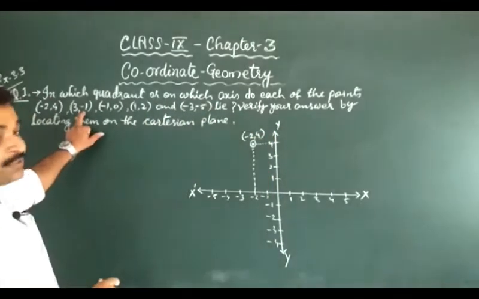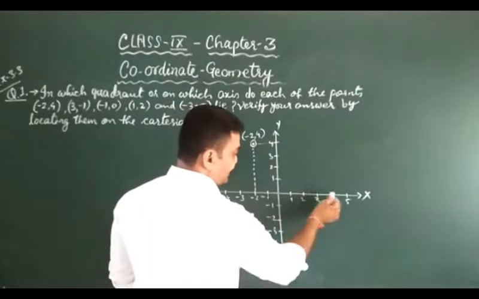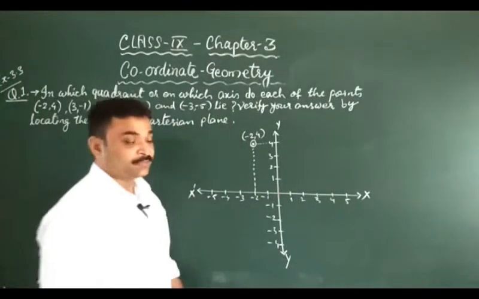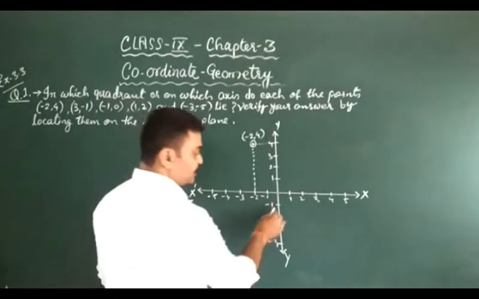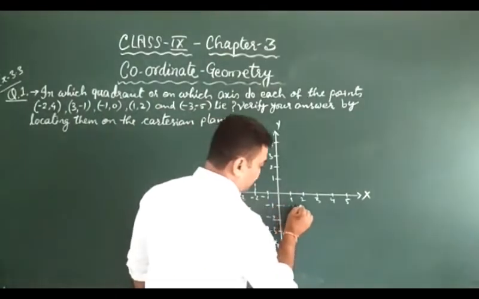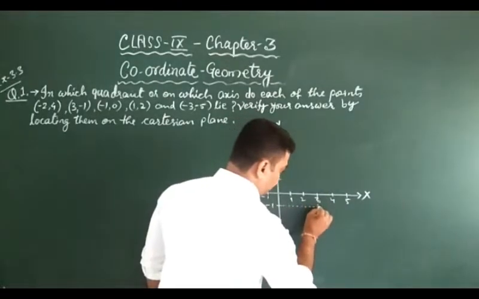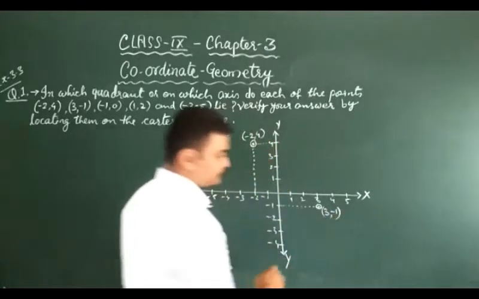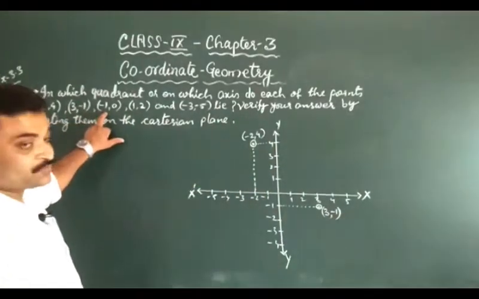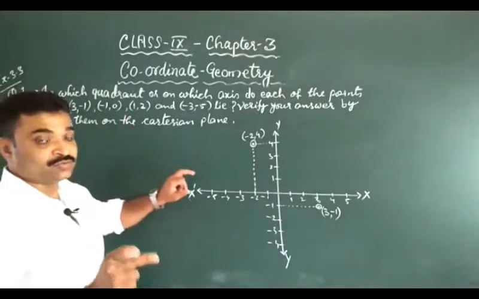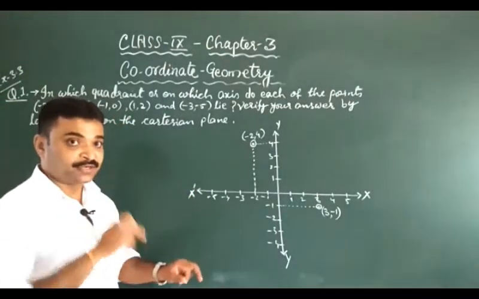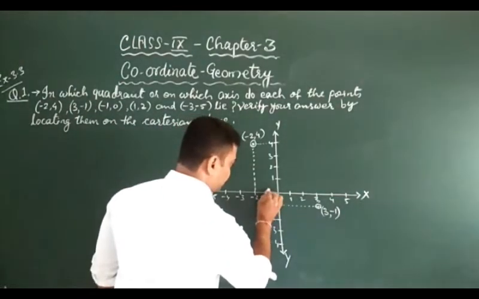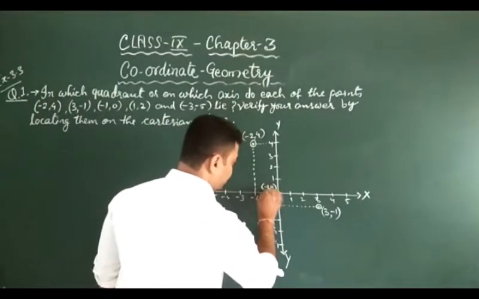Second one is 3 and -1. 3 is on the x axis positive direction, and -1 means on the y axis negative direction, -1 is here. So again draw two perpendiculars and the perpendiculars meet at this point. We will write 3 and -1 here. Third point is -1 and 0. 0 is the y coordinate, that means this point must be on the x axis, that means -1. This point is here, -1 and 0.